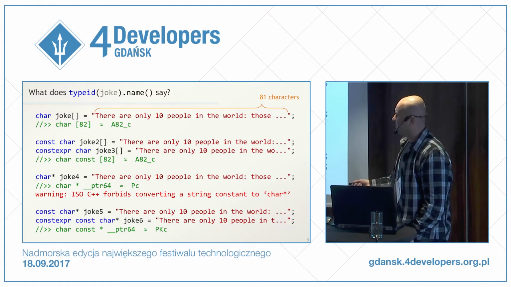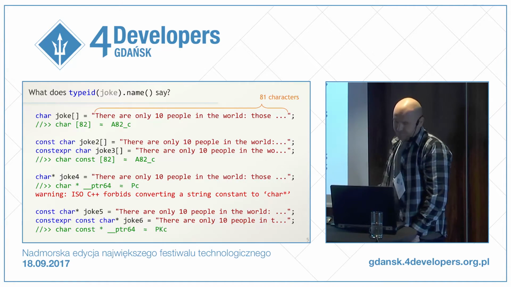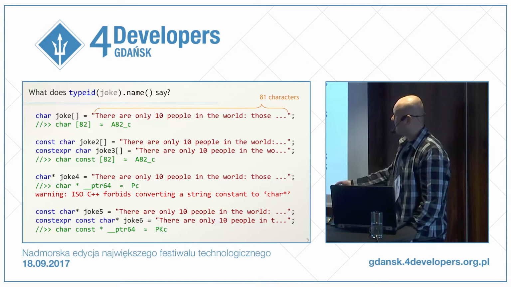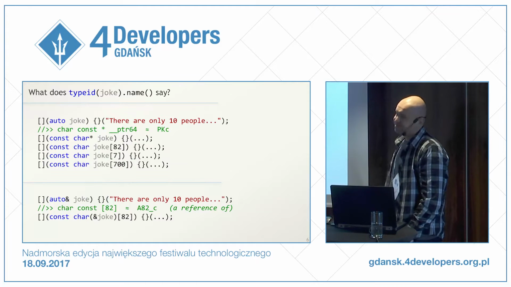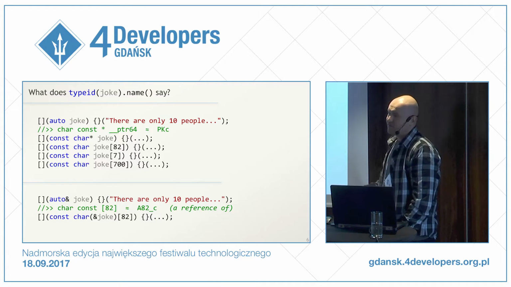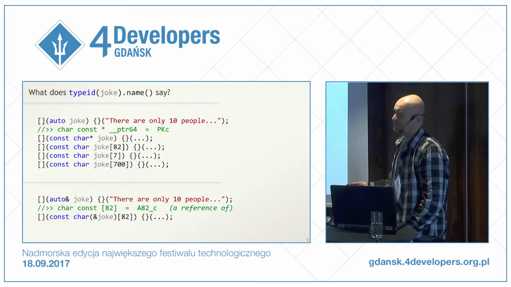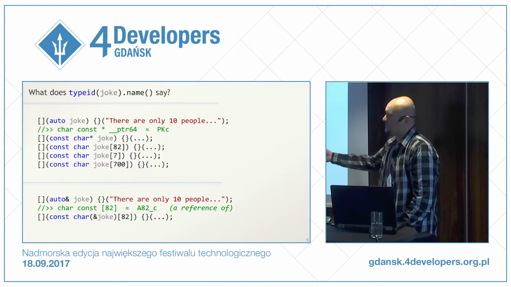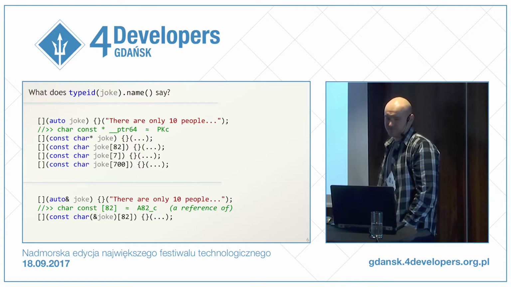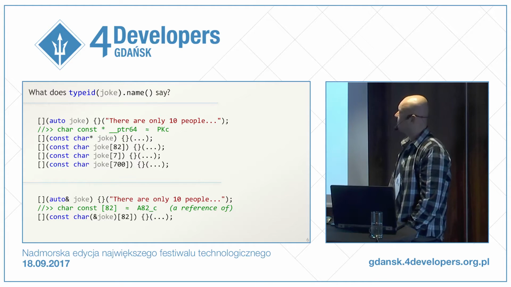And the options with const char pointer: the string literal naturally decays into const char pointer and constexpr const char pointer, right? How about this one? Well, it will be a pointer. The const literal easily decays into const char pointer. We can write it explicitly, like this one. Even this one.